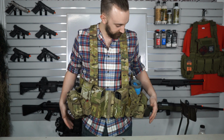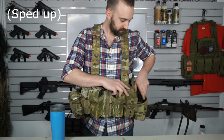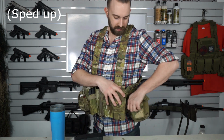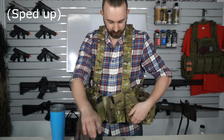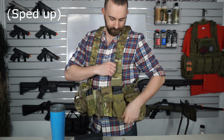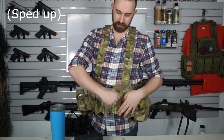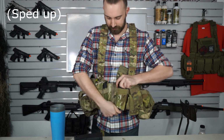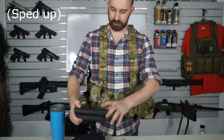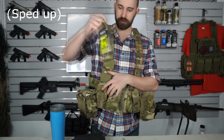Let me show you what I all have in here. We'll start on the left side since that's the most obvious. Coffee mug. In the next pouch over, 2 magazines, 3 magazines, 2 pistol mags, another 2 magazines, another 2 magazines, crossing over to another 2 magazines. It's going to be stacked up. Bottle of tracer BBs,